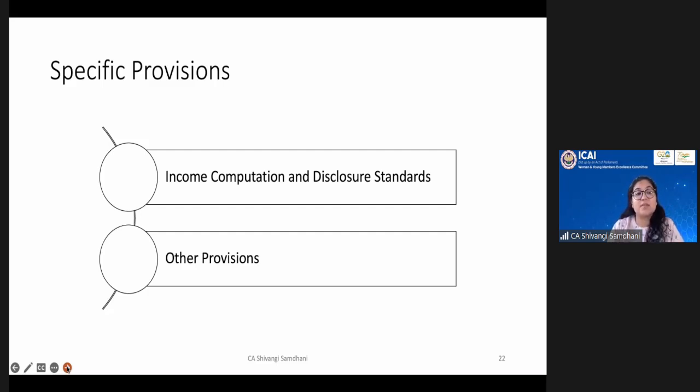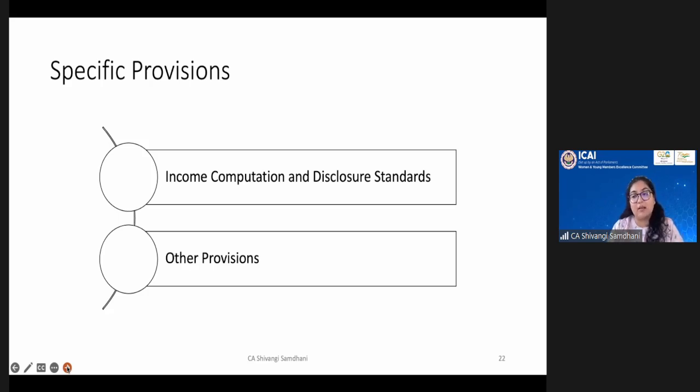So mercantile system says that accounting is to be done on due basis and accordingly income is to be calculated. Now here, 43B, it just uplifts mercantile system. It says no. Specifically, we will see whether they are paid or not. Only if they are paid, then only deduction would be allowed. So there are a few provisions which provide for specific deduction, specific conditions which are to be taken care of